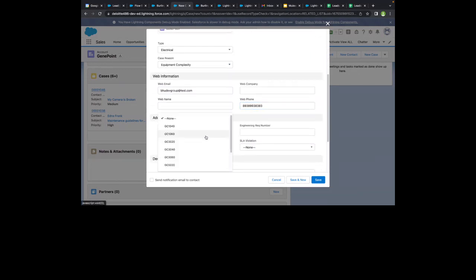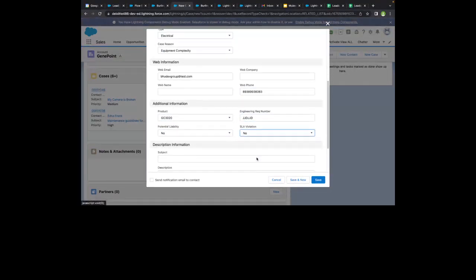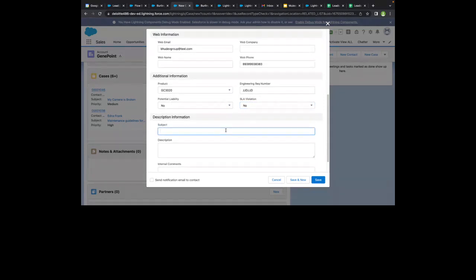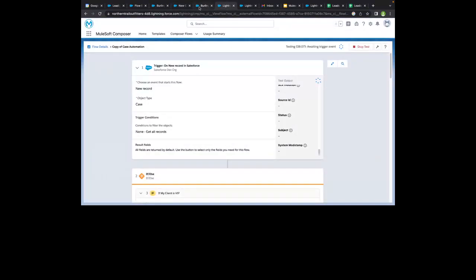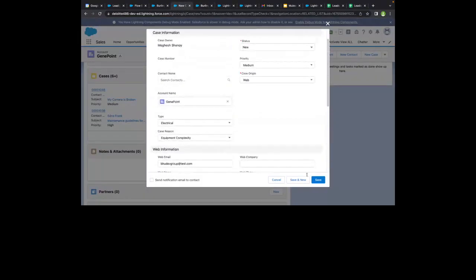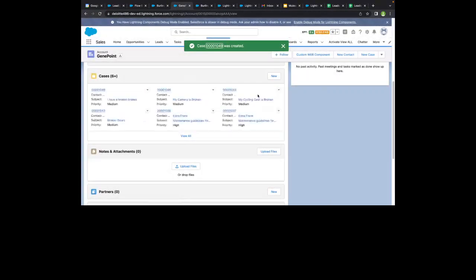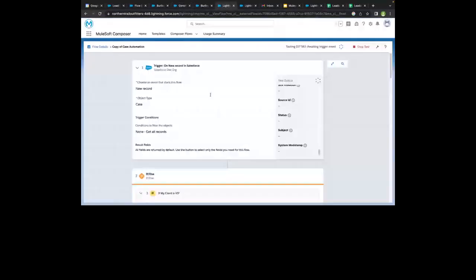Okay, and for additional information, just write the case as... okay. Now let me check if the flow I've set is the one to test, and yes. I would then click on save. Now I have created a case record. So if I can go back and check,